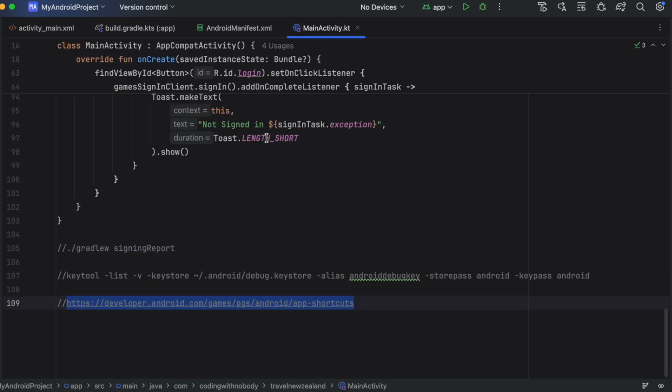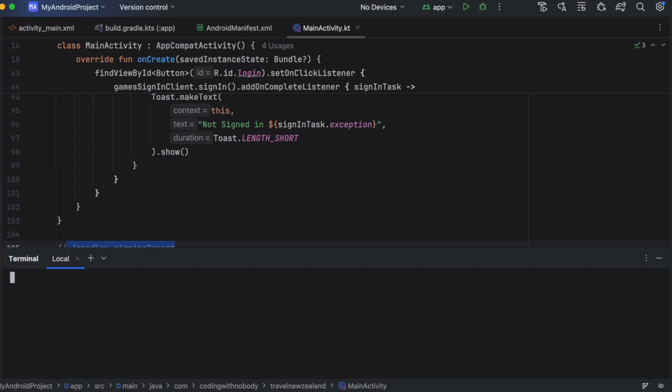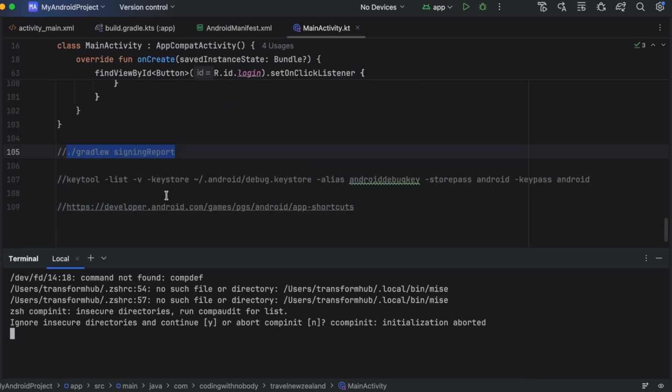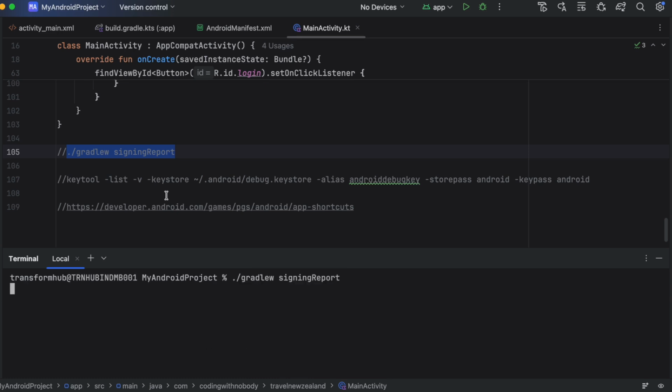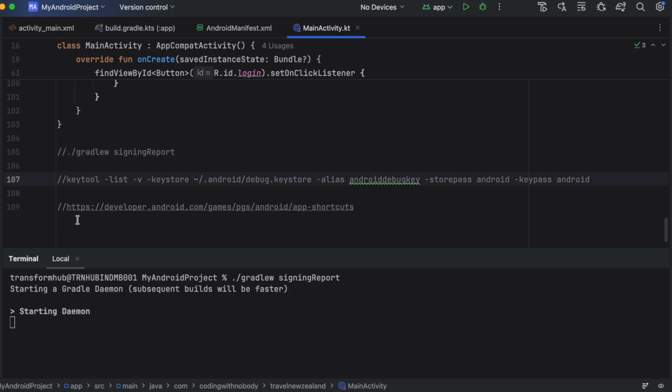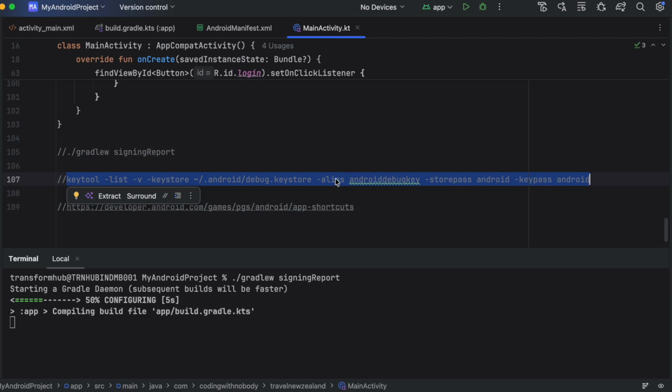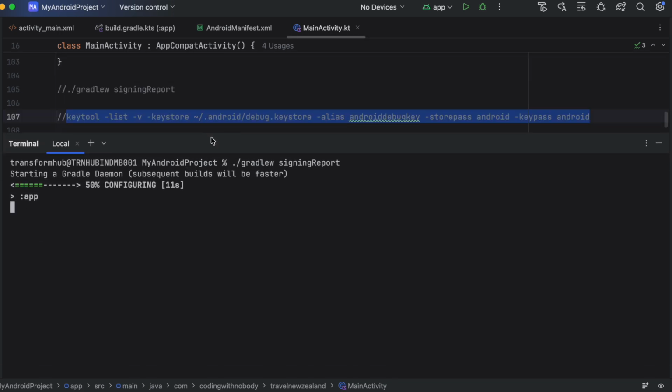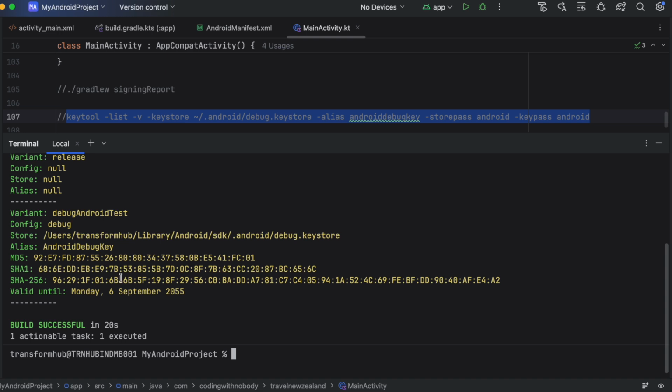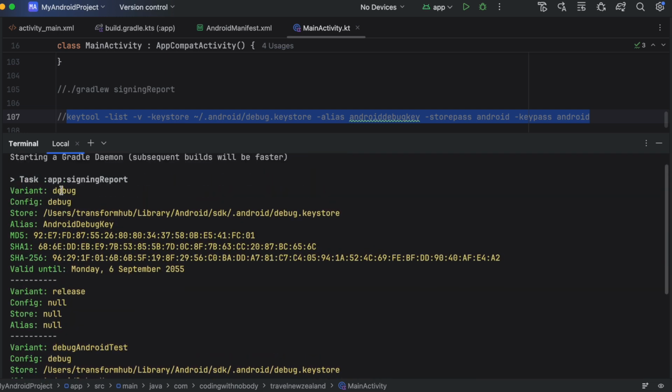So for debug APK, the easiest way to get SHA-1 is to run this command inside your terminal. So I'll use the Android Studio terminal over here. So let's just wait. So here is the terminal. I'll clear everything out. Okay, and I'll run this command. This will generate the SHA-1 for me. If you are using release APK, you can run this particular command, but here you will have to replace it with your own key password, store password, alias name, as well as the key store path. So let's wait for it to generate the SHA-1. So here is the SHA-1. Now make sure you use this particular one, the debug one. Okay, so I'll copy this SHA-1